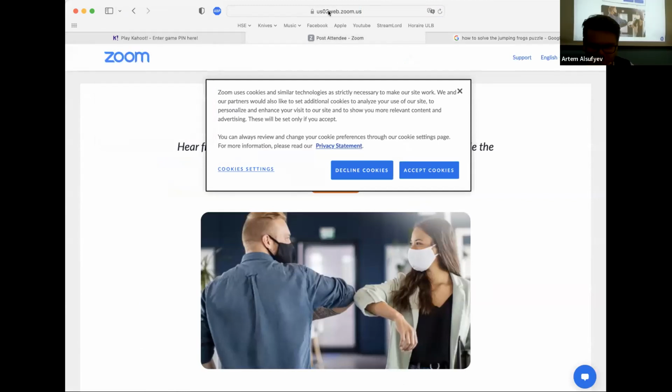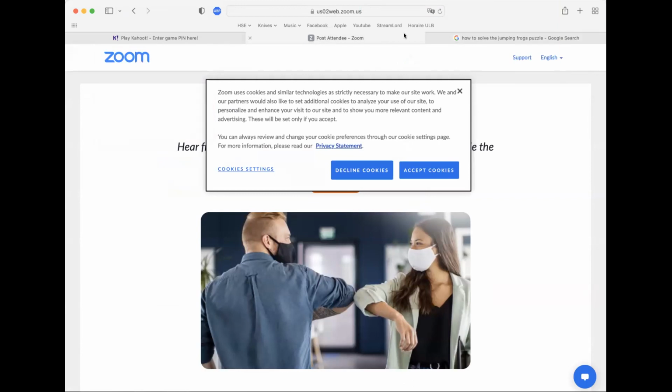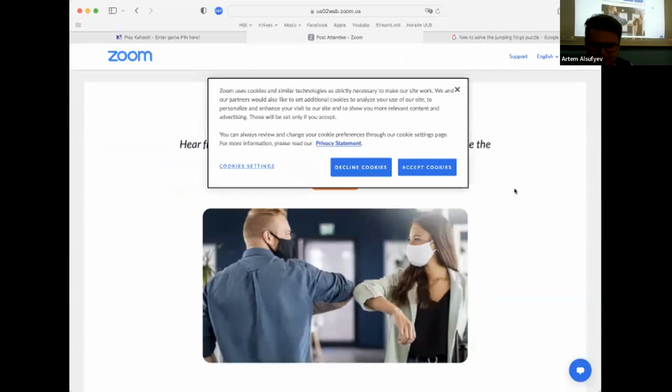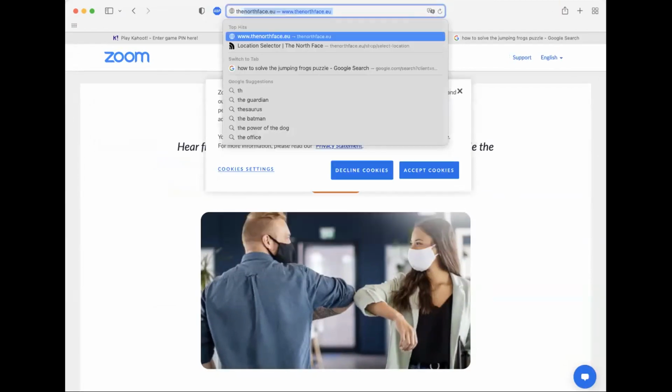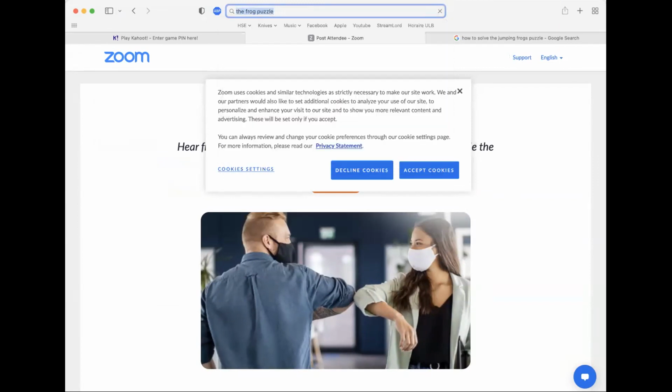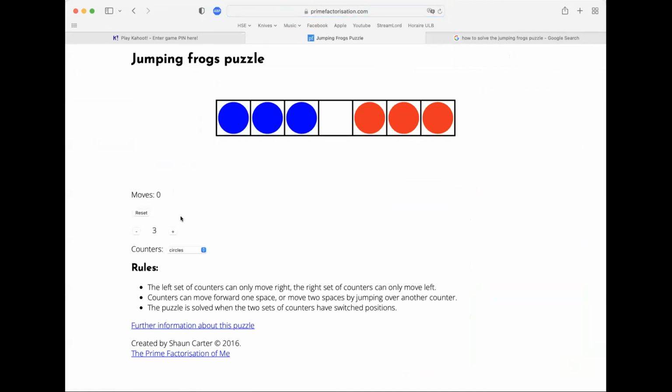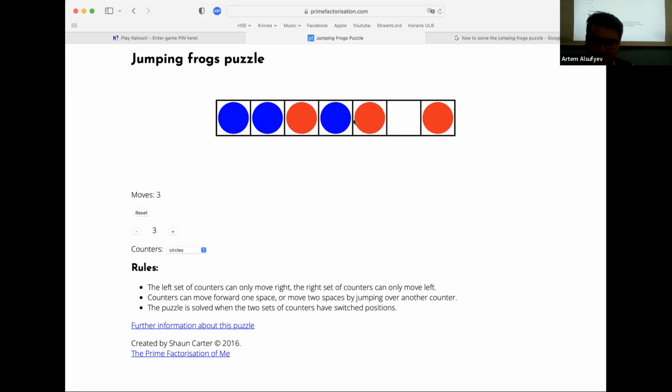But could you please just show how you did that? We've done that several times, actually. Just to understand, let's check, Matthew, your knowledge of this puzzle. Sorry, is this one right? Yes. So, you have to keep a space between. Well, yeah, always have to do blue red, blue red, blue red, like this.